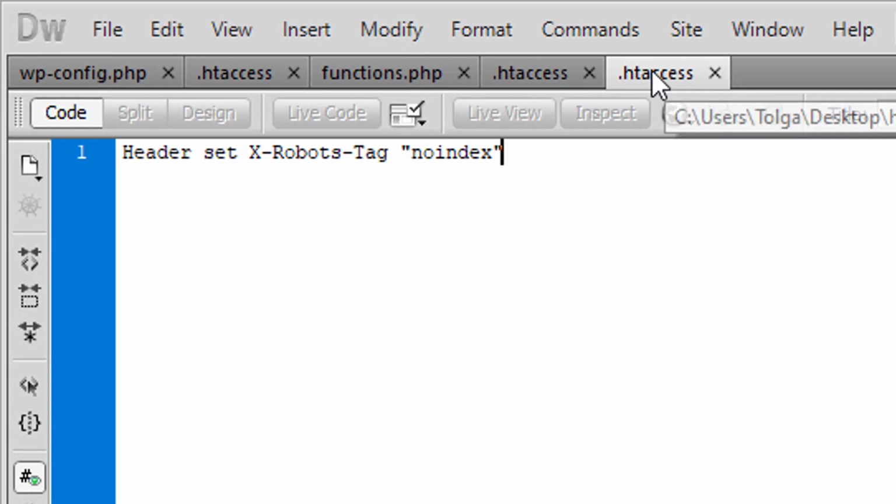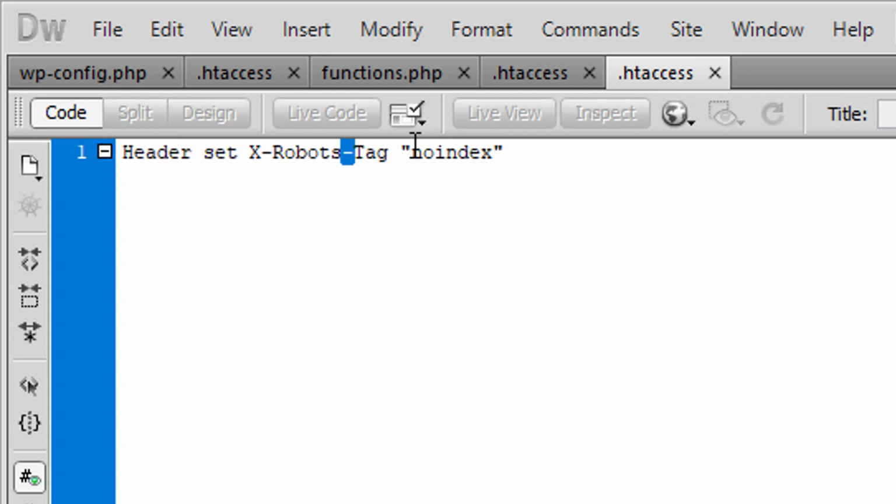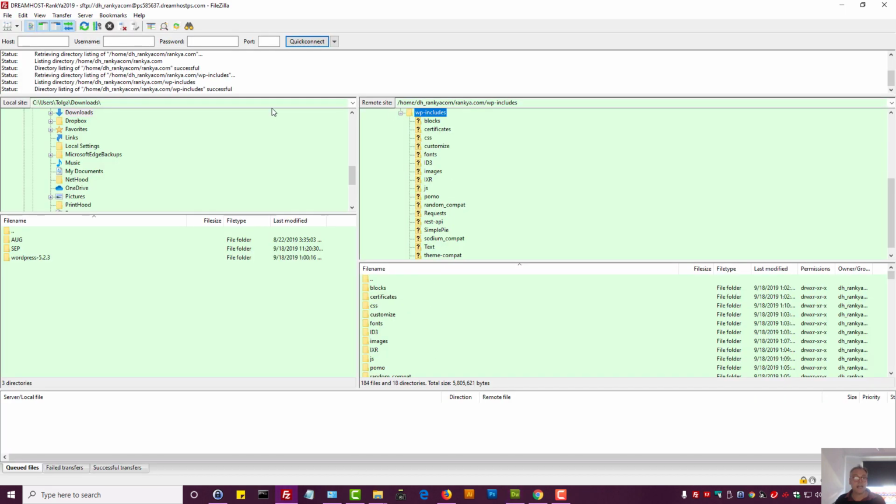You can create a file and name it .htaccess and put this header set X-Robots-Tag noindex, and then upload that .htaccess file within a folder. In this example, it's wp-includes for WordPress. But if you're using different content management systems